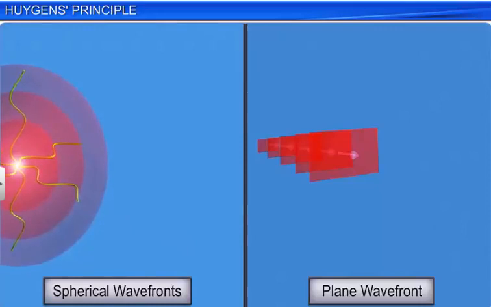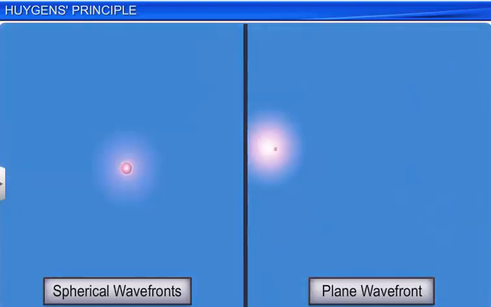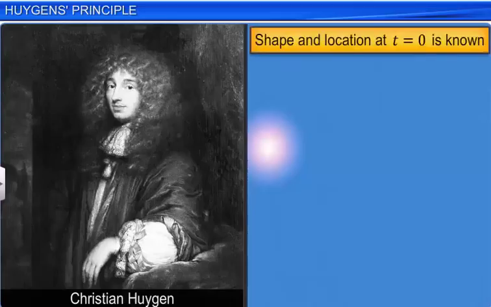Note that a wavefront is a surface of constant phase. If a particular wavefront is a locus of points with maximum amplitude, it continues to be like that as it propagates through the medium. Huygens